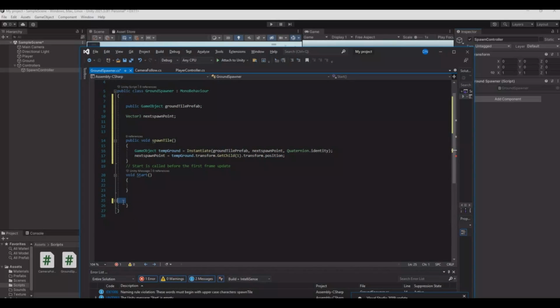Let's remove the update, and in the start function we will make a for loop, and in the for loop we will say for int i = 0, i less than 10. Then we will spawn the tile. So this is how many it will spawn when the game starts, and I will set it to 10. This is the number that you need to change if you want 1 tile in the beginning or 20 tiles in the beginning. So if you save this and hit back,